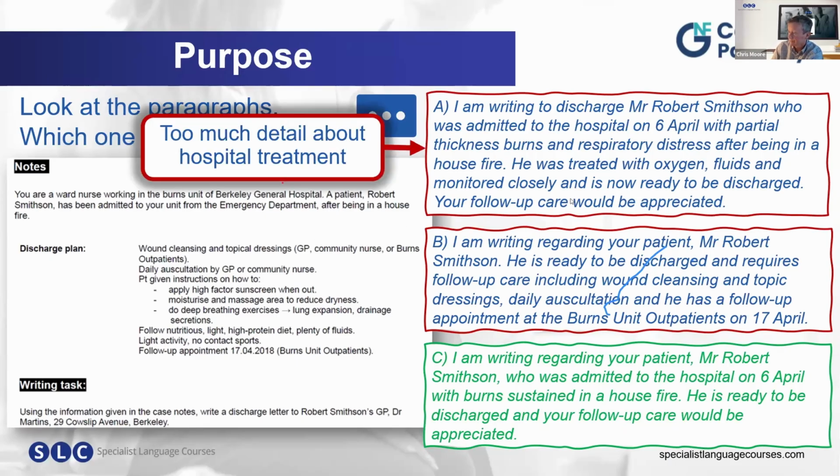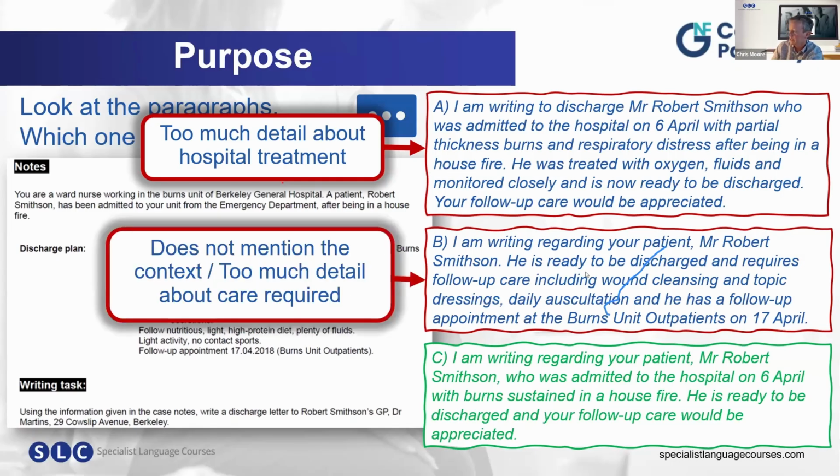So A, here, this is just the opening paragraph. Some of this information in A and B is useful, but it doesn't go in the purpose paragraph. It does not start the letter. It comes a bit later. So in A, there's just too much detail about the hospital treatment. And in B, there's too much detail about the follow-up care. That comes later on in the letter. So this might be important, and the reader might need to know this, but it doesn't happen in the purpose